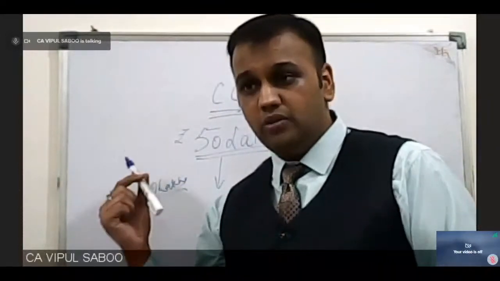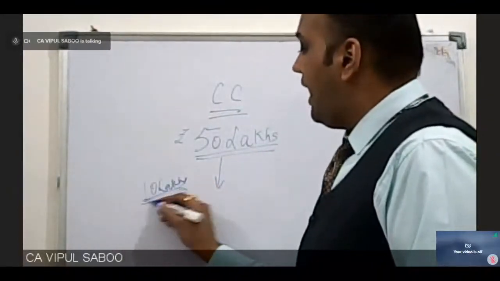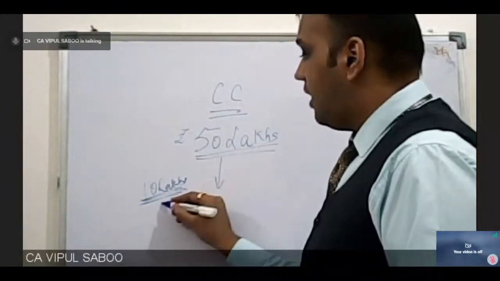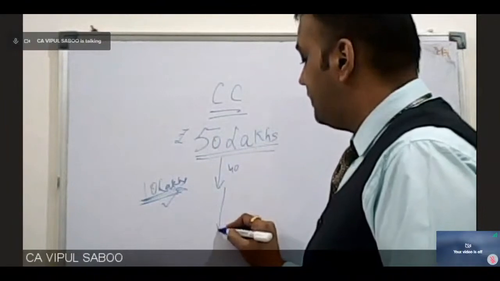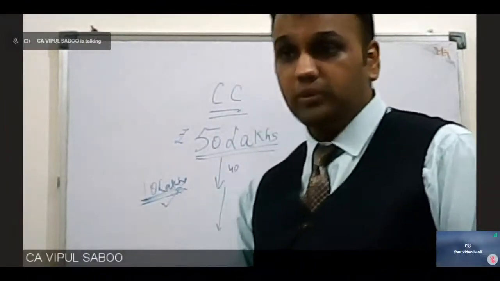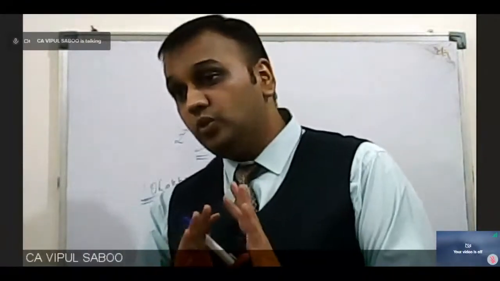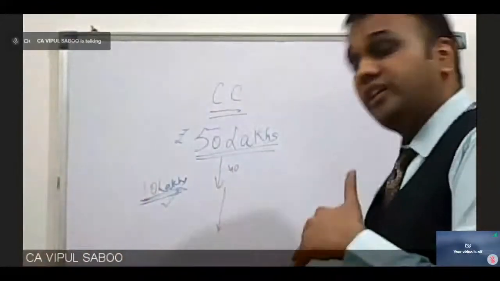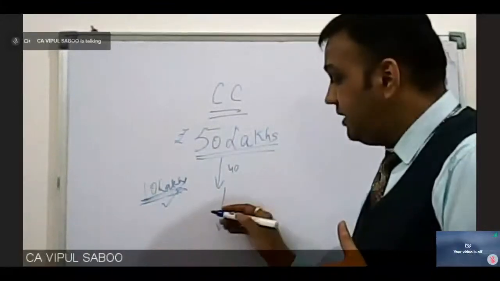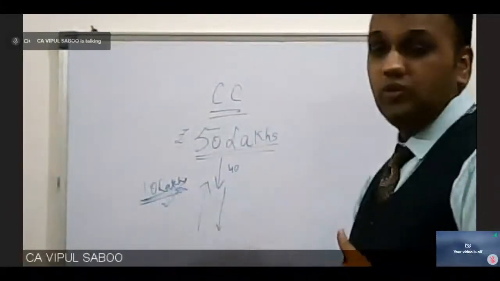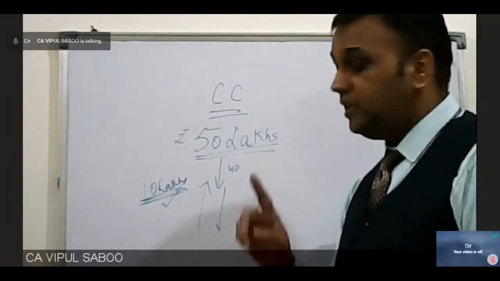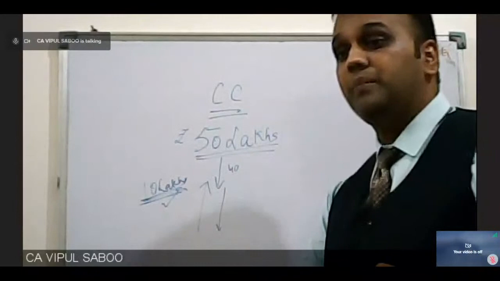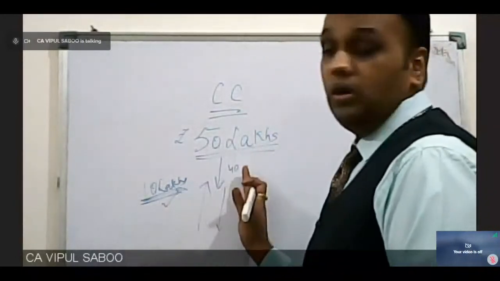checks from this account. So as soon as I am issuing checks, this limit goes on decreasing. After 10 lakhs, 40 lakhs, this goes on decreasing till it reaches 0. That means I have used the maximum limit the bank had given. Now I have to return some money to the bank so that this goes up and I can use it again. Once I extinguish the whole limit, I have to deposit some money into the bank to avail more